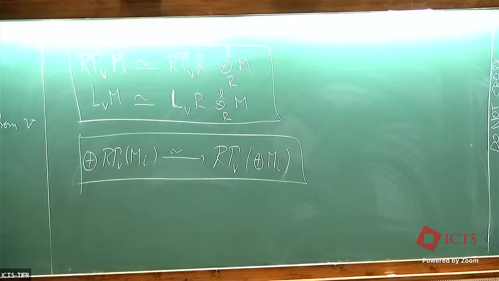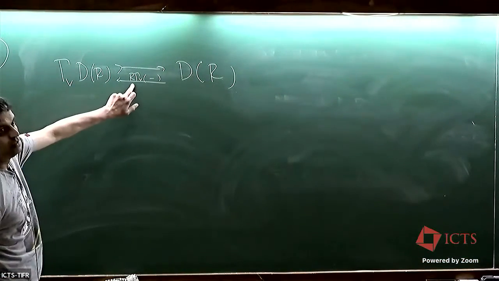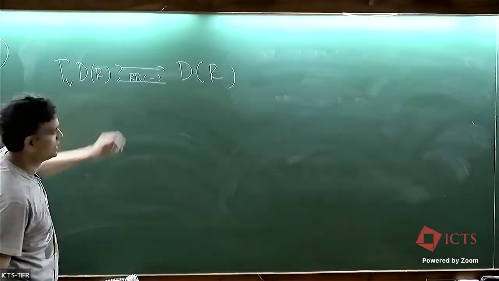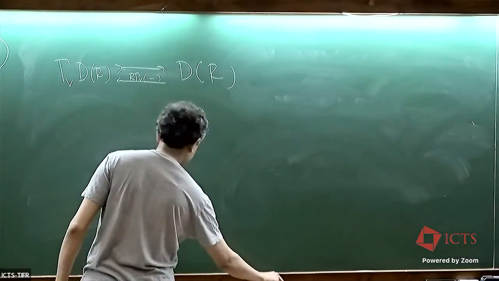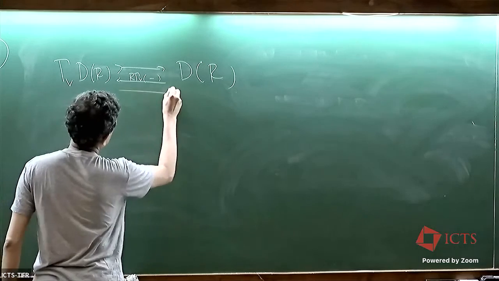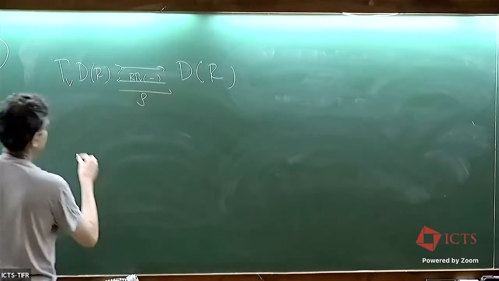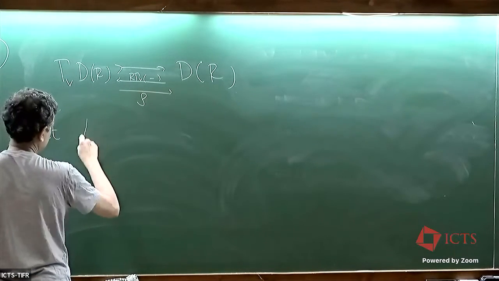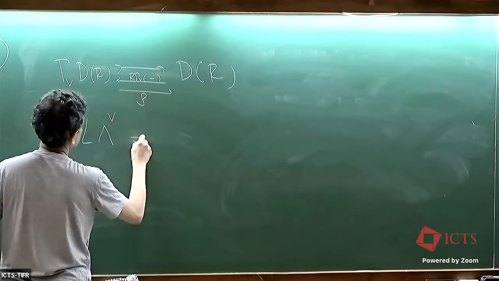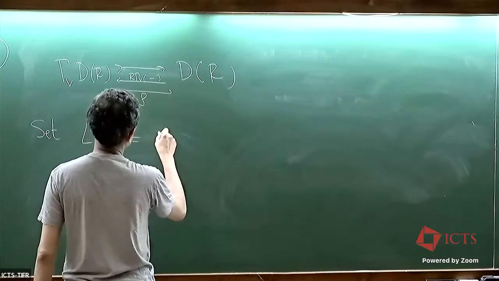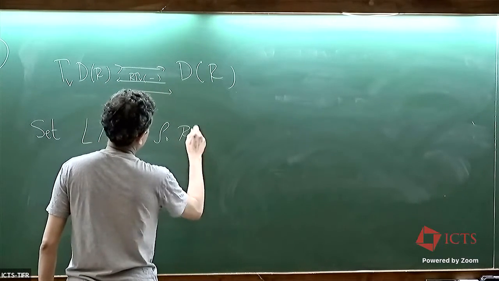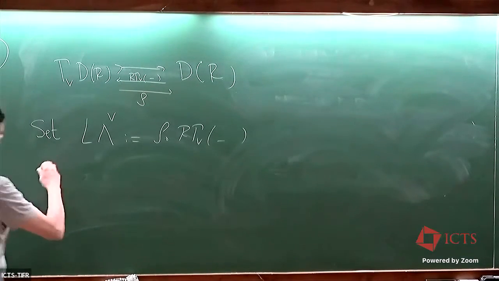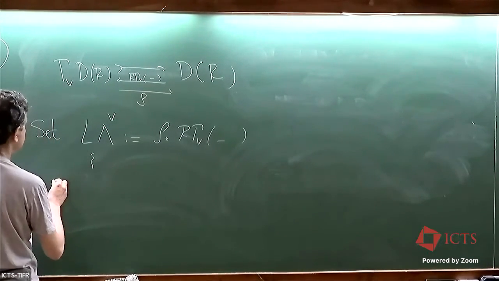Okay, so now we're in this situation. This functor preserves arbitrary sums, it preserves coproducts. So that means that it has a right adjoint. Let me call that rho. And let me set gamma L lambda V to be the composite. So this, I claim, as the notation suggests, is completion along V.